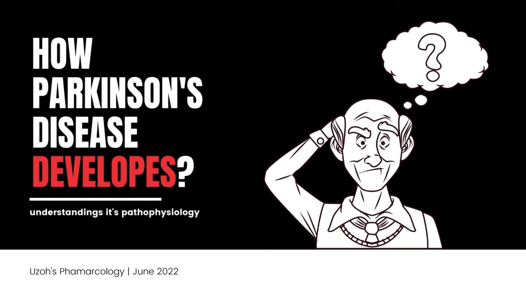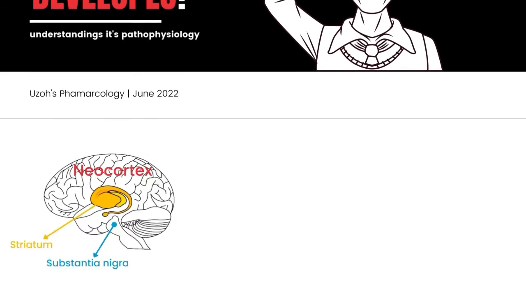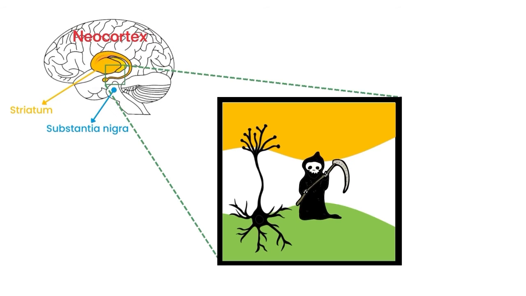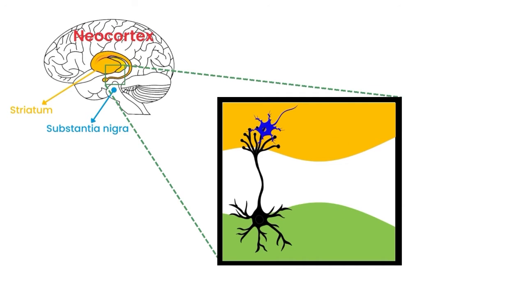How Parkinson disease develops. Now, Parkinson's disease develops when the neurons connecting the substantia nigra to the striatum progressively degenerate. Since dopaminergic neurons that originate in the substantia nigra normally exert inhibitory effects on GABA neurons located in the striatum, too little dopamine results in more GABA, causing increased inhibition of the thalamus, as well as reduced excitatory input to